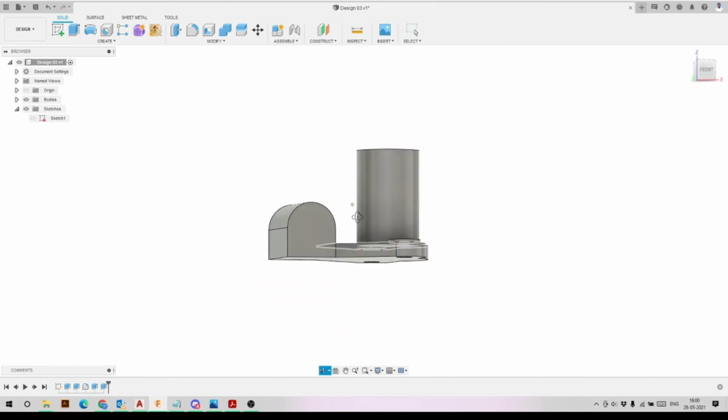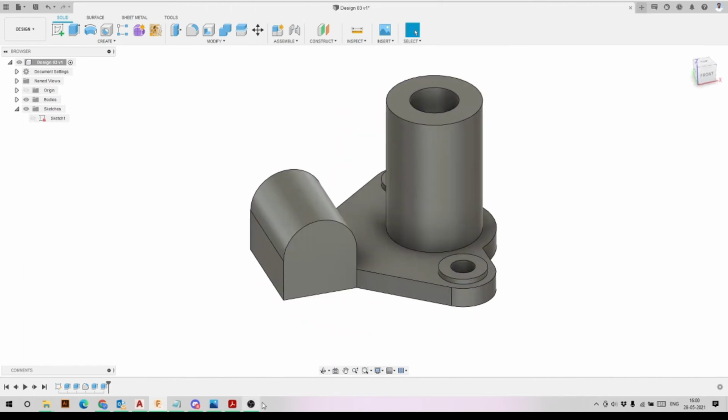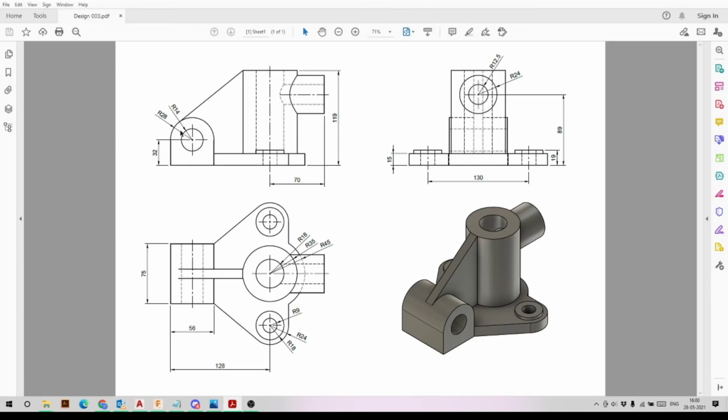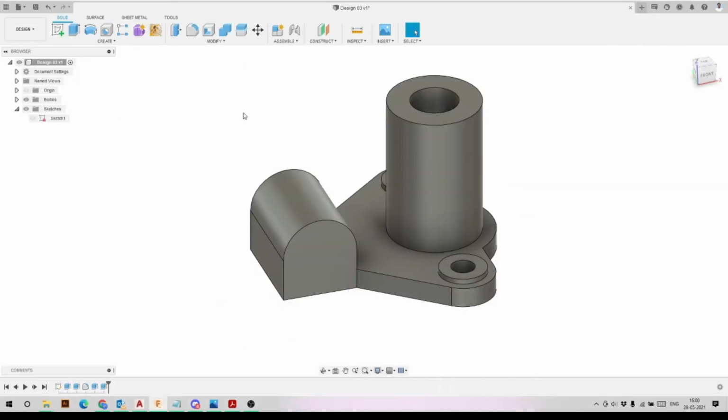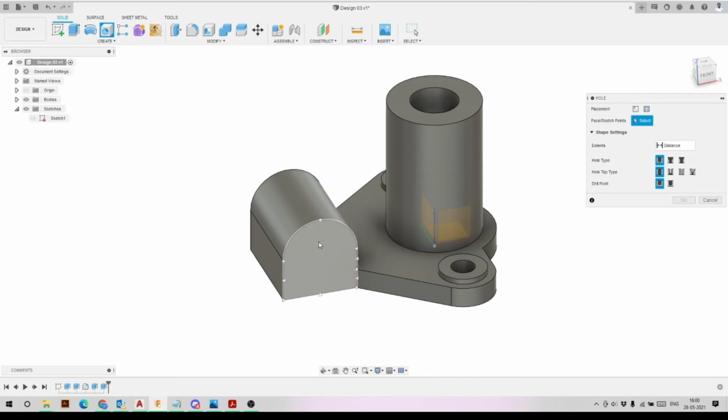So the next thing is that we have to create a hole on here. So here you can see in the image itself, the hole size is 28 millimeters in diameter. So we have to create that hole. So for the hole, even you can create a sketch and make extrude cut, or you can also use this direct hole tool. So I will activate this tool,